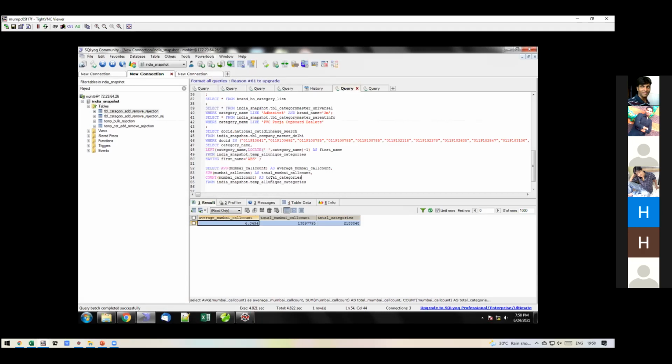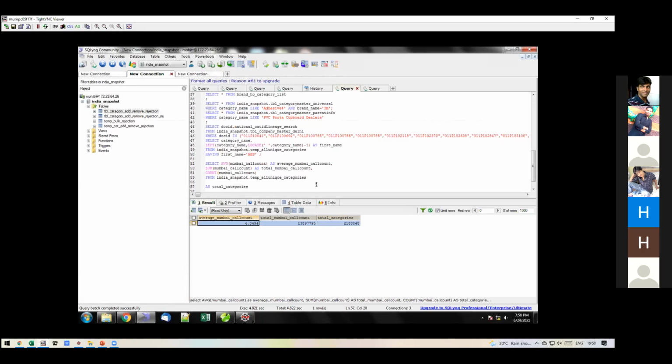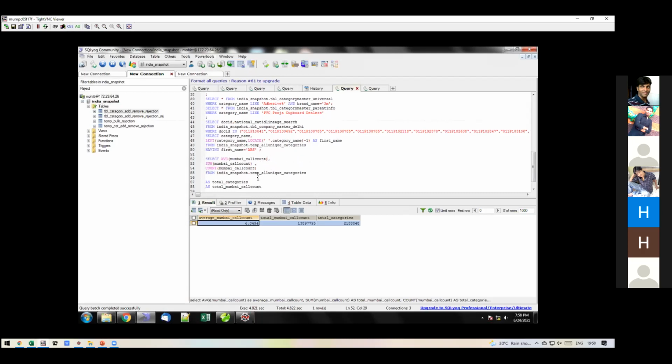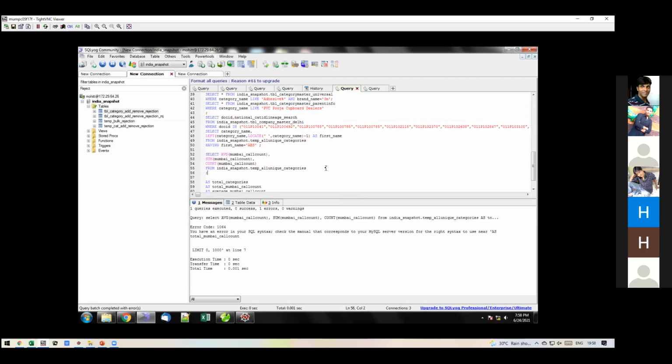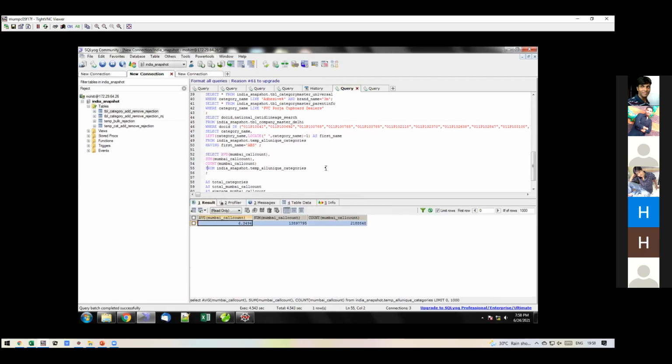ऑफकोर्स ये फारूक भाई समझो, फॉर एग्जांपल अगर आप एलियस यूज नहीं करते, लेट्स कॉपी योर एलियस इज हियर. अगर आप एलियस यूज नहीं करते हो तो आपका रिजल्ट सब सही है, बट आपके डेटा की कोई रीडेबिलिटी नहीं है। आप चेक करोगे तो आपके डेटा में हेडर्स देखो कैसे होंगे, इट्स नॉट लुकिंग गुड एट ऑल, बिकॉज उसको सामने से मालूम पड़ जाएगा कि आपने ये क्वेरी रन किया और क्वेरी का ही रिजल्ट ऐसा है, बिकॉज एवीजी आपका फंक्शन है, उसके अंदर आपने कॉलम पास किया है। सो दे विल कम टू नो कि इट्स नॉट लुकिंग रीडेबल एट ऑल, एवरेज मुंबई कॉल काउंट, सम मुंबई कॉल काउंट। तो उसको थोड़ा रीडेबल बनाने के लिए हम एलियस यूज कर सकते हैं।